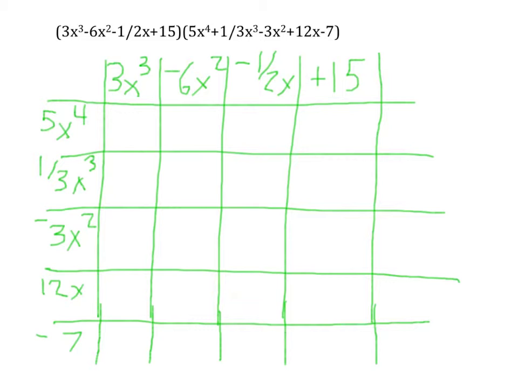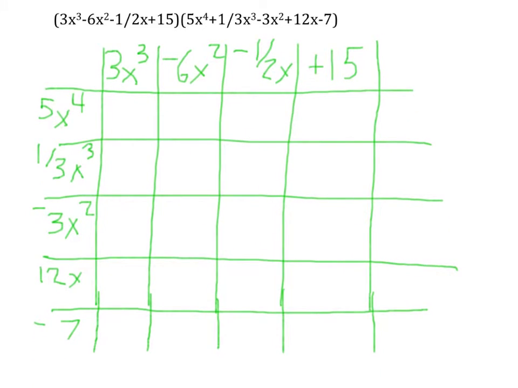The next step would be to multiply the first term by the whole expression of the other that you're multiplying by. So let's start off with 5x to the fourth. We're going to multiply 5x to the fourth times 3x to the third. You have to remember to use the product rule, which means when you multiply these, you're adding the exponents and multiplying the coefficients. So you're going to get 15x to the seventh,